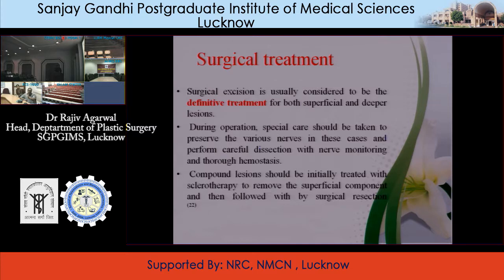Surgery is a little stressful because the lesion bleeds. It bleeds heavily, and you have to warn the anesthetist before treating the lesion. You have to put in 2 peripheral lines and start giving fluid so that the patient doesn't go into hypotension. And even then, if hypotension occurs, you have to arrange blood, and you have to make sure it doesn't bleed too much. So a lot of planning is required while performing surgical excision, even after the patient has received sclerotherapy